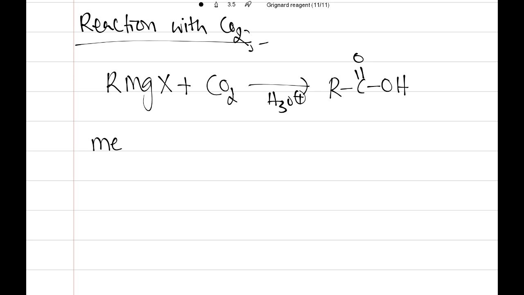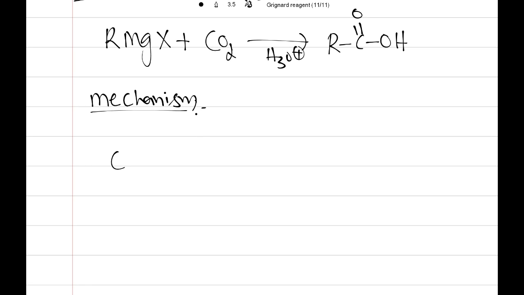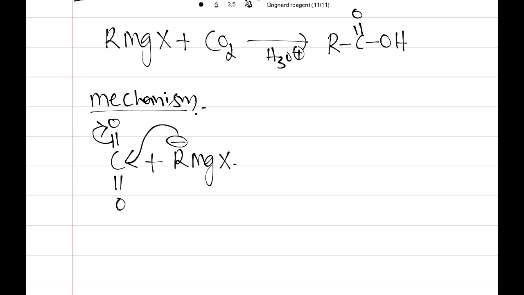And if you observe the mechanism, how will the mechanism take place here? If you see carbon dioxide, I can write it this way, C double bond O, C double bond O, because it has two oxygens attached with double bonds. When it reacts with the Grignard reagent, RMgX, here the R group has a negative charge, it is attached to the electrophilic center, and the electrons are now shifted towards this oxygen. Now we can get here, what is the product we can get?